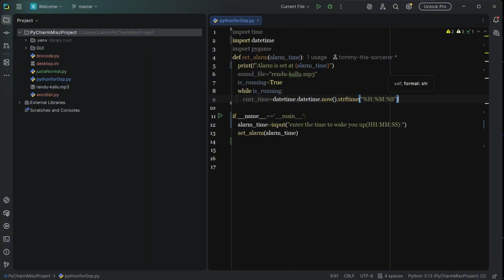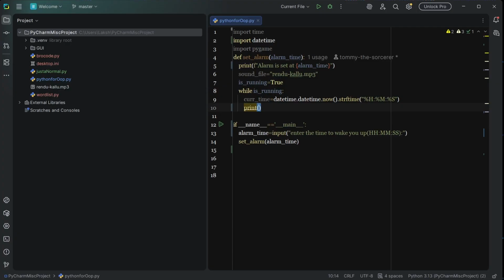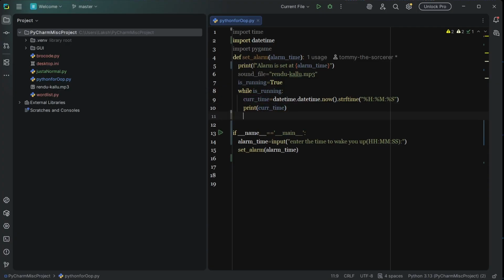And that's it. This is finished. And we need to print this current time. So what's the core logic of this program? When our current time is equal to the alarm time, the alarm should start making sound. Therefore, we will use the if statement. If our current time is equal to alarm time,